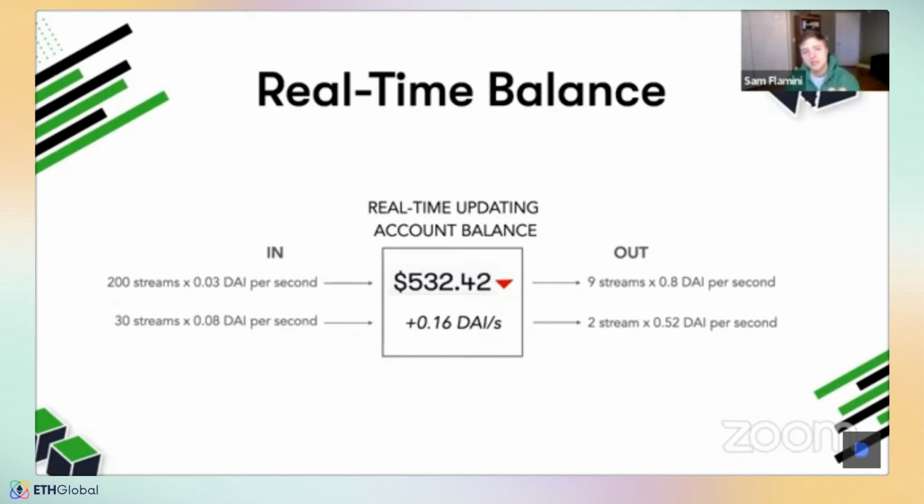But what's happening in the real-time balance function is that we're always able to see at what time the stream that I sent to you was created. And if I ever updated it, at what time was it updated, and what's the new amount, right? How many tokens am I receiving per second?